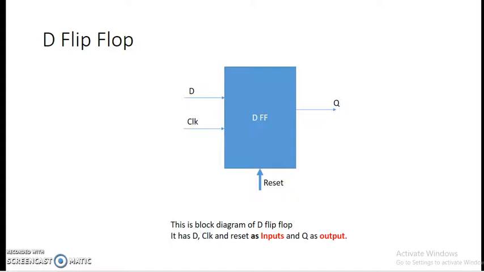Now let us look at the block diagram of a D flip-flop. As you can see from the diagram, this D flip-flop has inputs D, clock and the reset. And you all know what is the purpose of a reset signal. Clock is used for the triggering and D is the input, and we have one output Q. We are just taking one output, though normally we have two outputs in any flip-flop. The other output is simply the complement of the Q, so we are just considering one output Q.